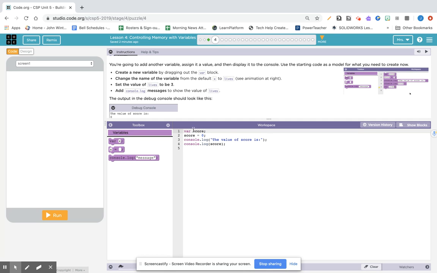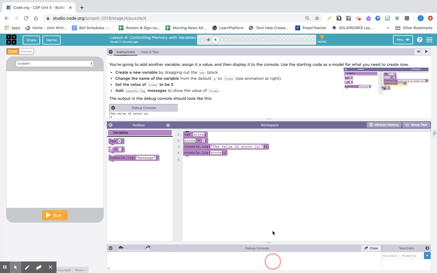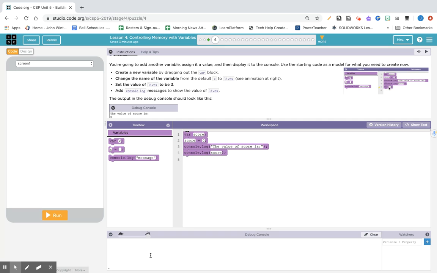All right, so if I leave it in text, I would just continue to write in text. If I go over here and go back to blocks, I can just copy what they're doing. So I'm going to hide this. And down below, this is where your console is. So if I click on run,